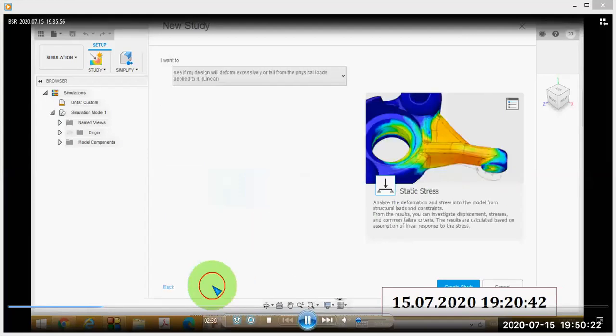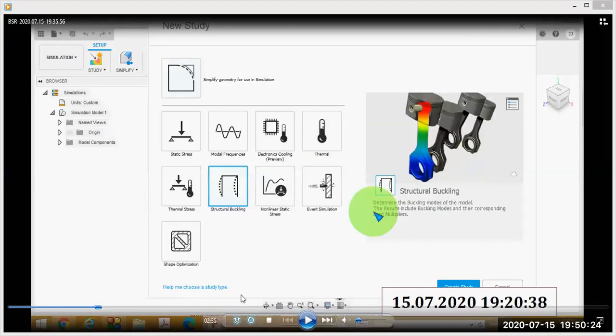When I click the structural buckling, you can see here you can determine the buckling modes of the model, and the results include buckling modes and their corresponding load multipliers. So that is the result you will get from the structural buckling analysis.